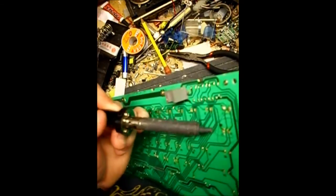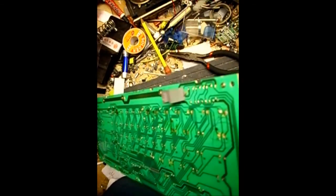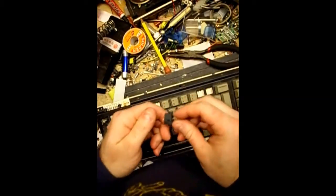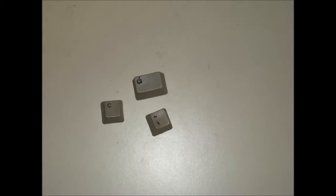The other thing you will probably encounter is you won't have a key from a donor keyboard that matches the potential missing letter, number, or other key that you have. For instance, I was missing an Apple key. So what you can do based on this picture is